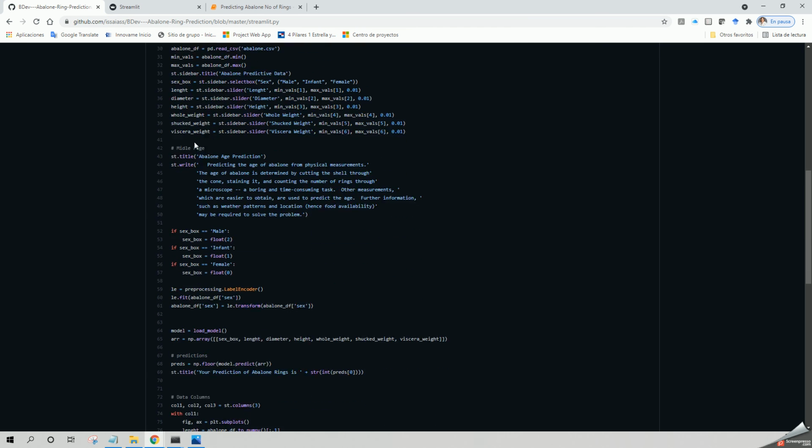So this is the middle page. We'll try to write some information for the user to make it very understandable. This is the information about how to convert the sex box. For example, if it's male, select 2, if it's infant, select 1. That's the thing that we made on the label